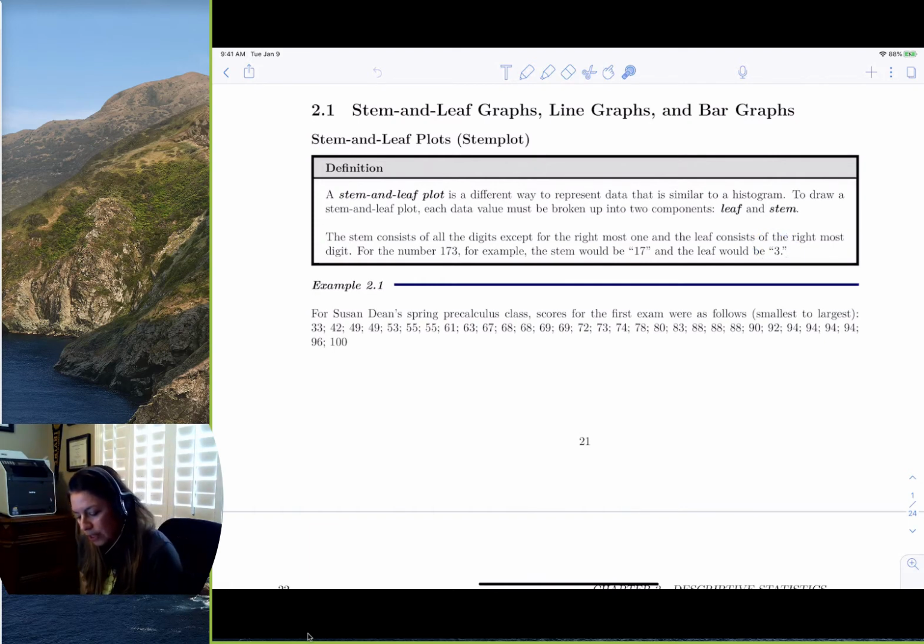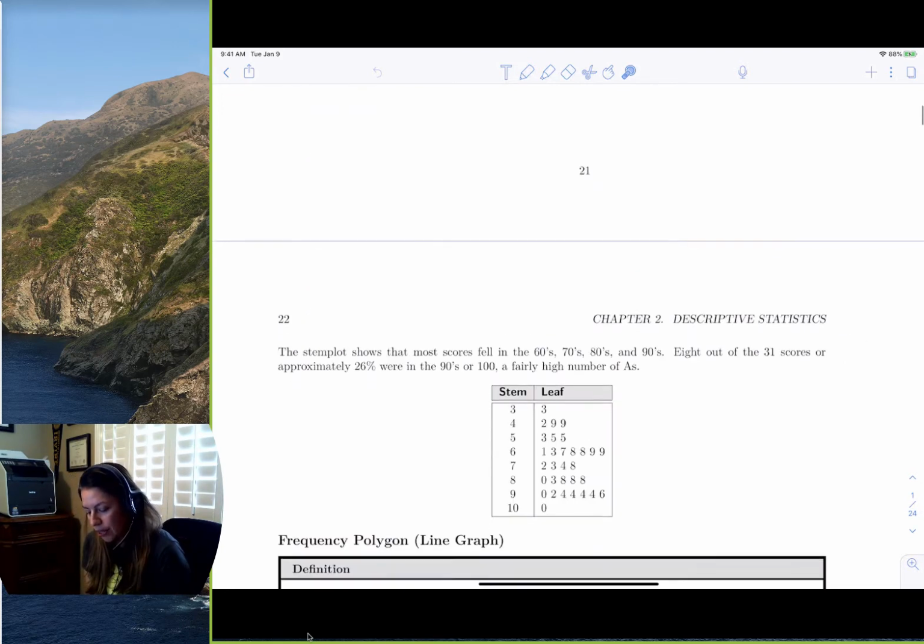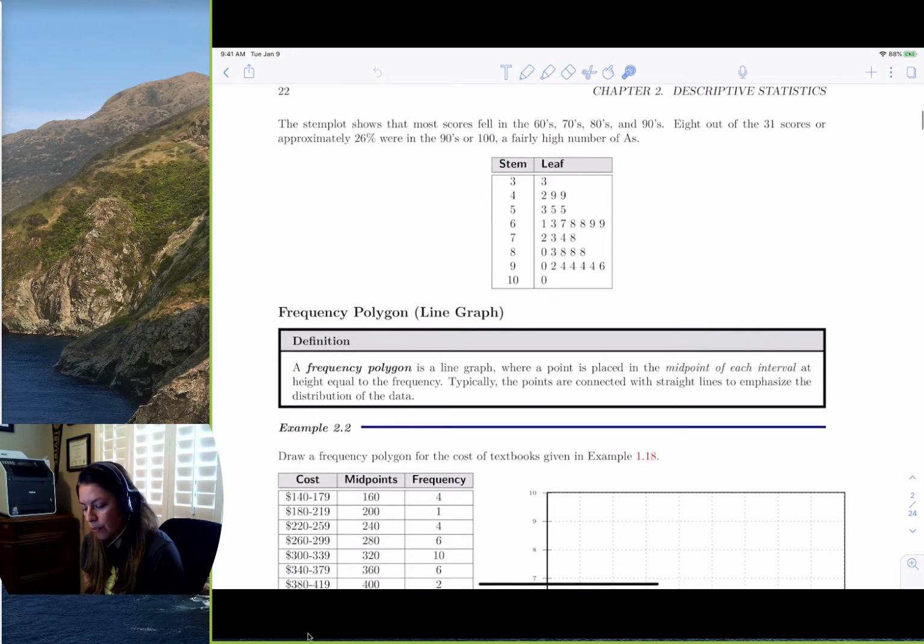For Susan Dean's spring calculus class, scores for the first exam were as follows, smallest to largest. So here are the scores for the exam. The stem and leaf plot shows most scores fell in the 60s, 70s, 80s, and 90s. 8 out of the 31 scores, or approximately 26%, were in the 90s or 100s, a fairly high number of A's. So if we want to go ahead and look at this graph here,